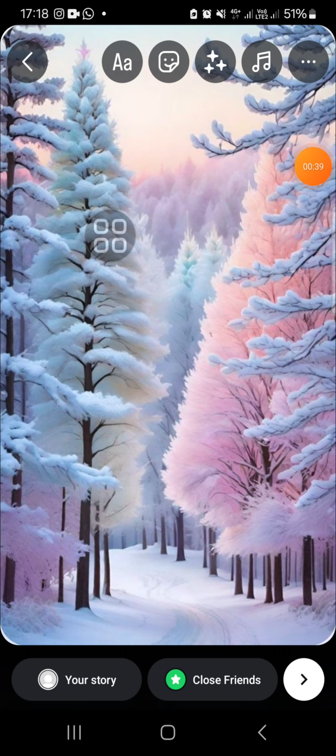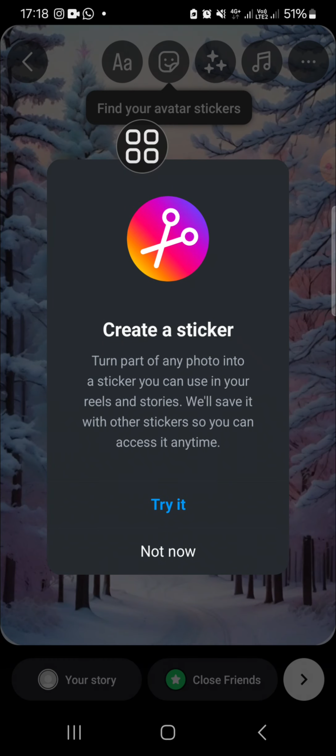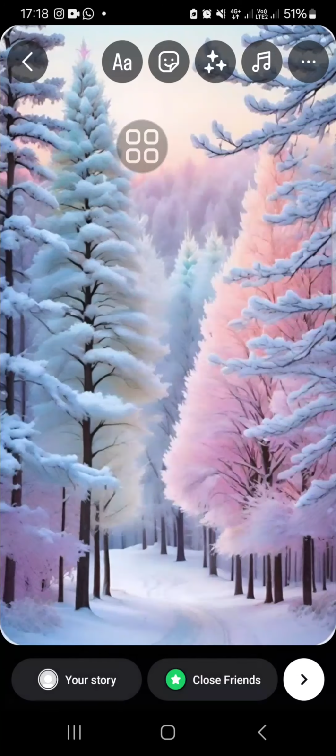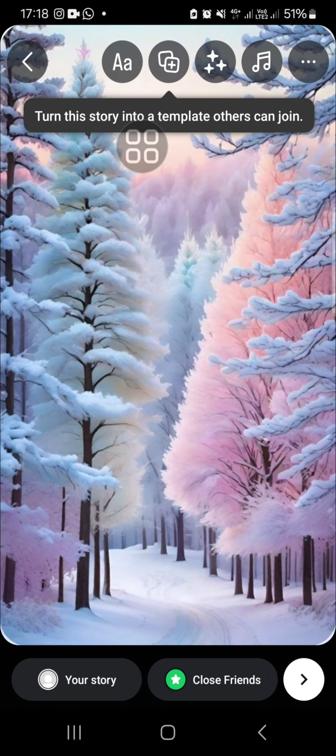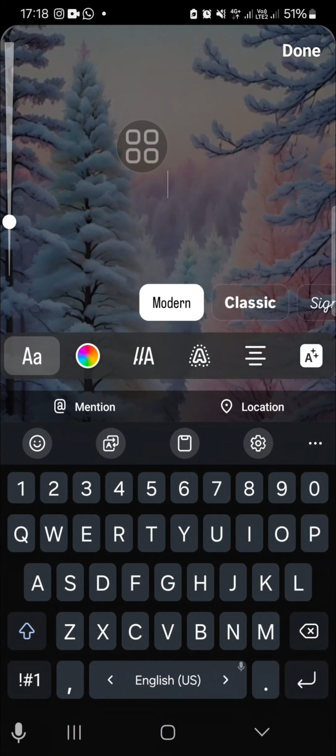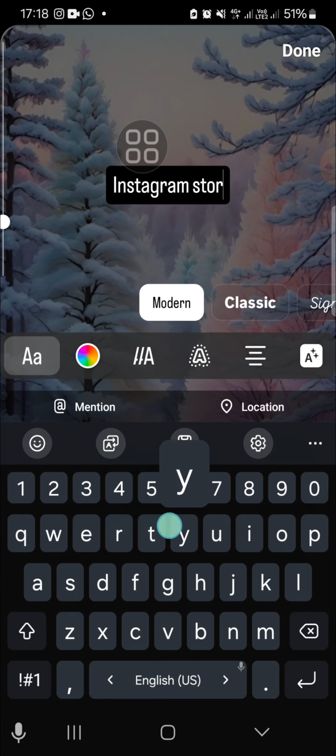I'm going to click on this text menu, and then I'm going to type in something on this Instagram story. For example, I'm going to type in Instagram story. Okay, just like this. And then if you want to change the font size, you just need to go to